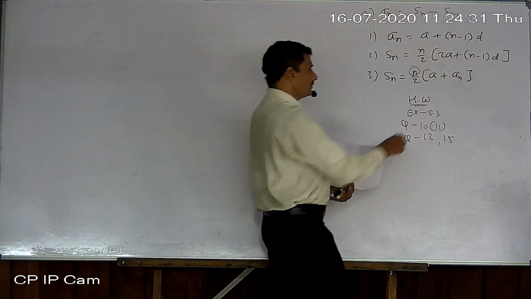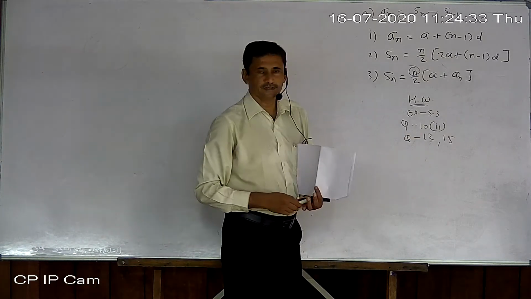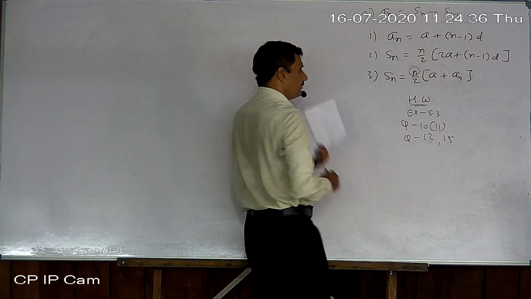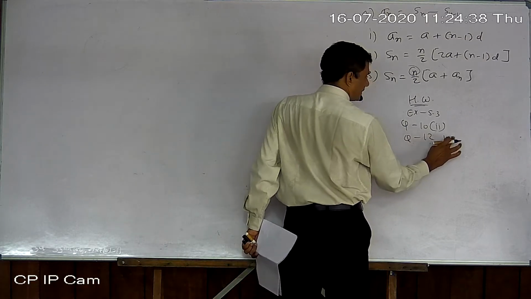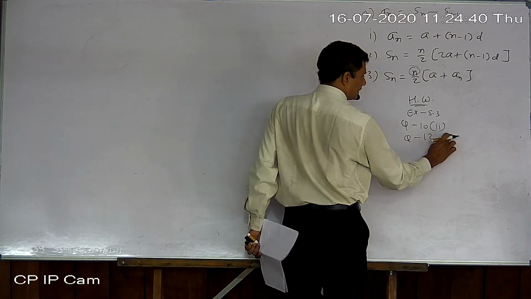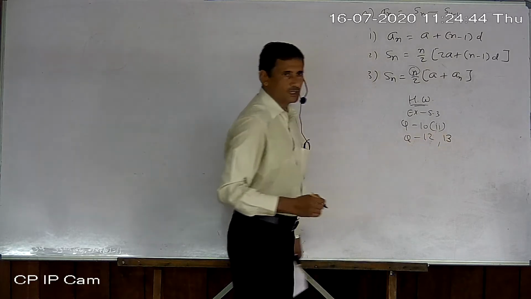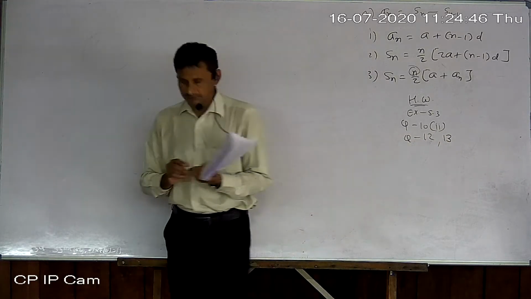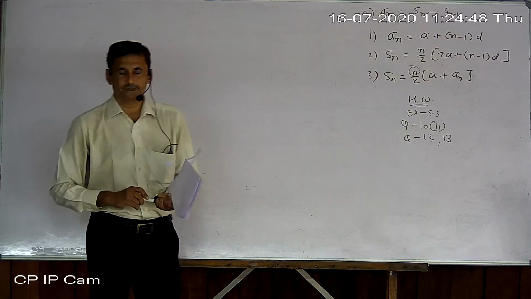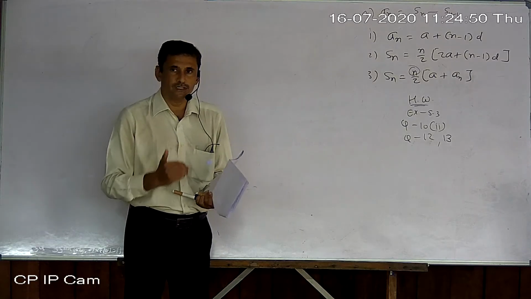Actually, I have given 3 sums as homework. I have given hint of 13 only, but by mistake I have written here 15. So you understand, 13 was in homework. If you solve 15 sums, no problem, if you understand and do it, because I have not given hint of 15.